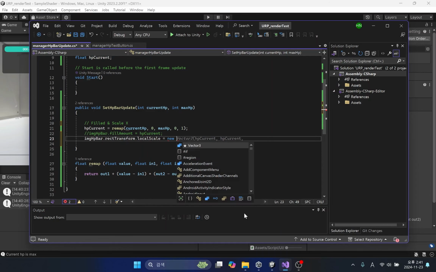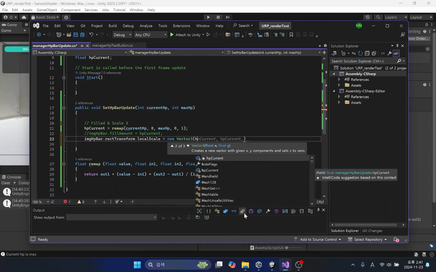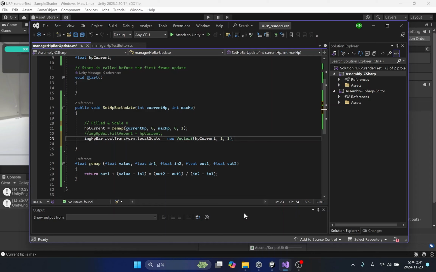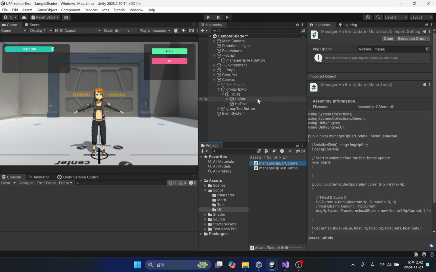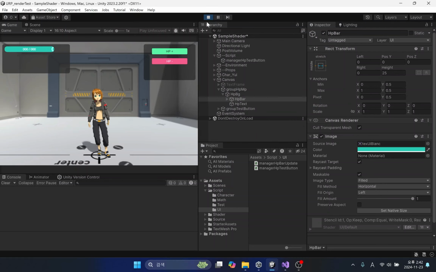We must use a vector3 variable, and since the y and z values will not change, we will set both to 1. You can see that the scale X value has been changed correctly.